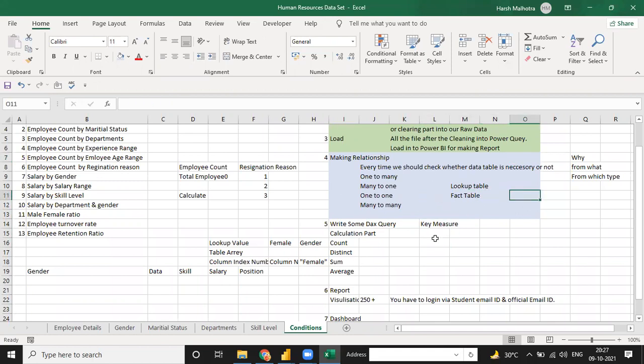And second thing, yeah, tell me. Suppose, Harsh, we have multiple workbooks, right? I'm not talking about sheets, I'm talking about workbooks. And we need to load different data from different workbooks. Is it possible in Power BI, I mean to say, can we take one piece of information from one workbook and another from another workbook?